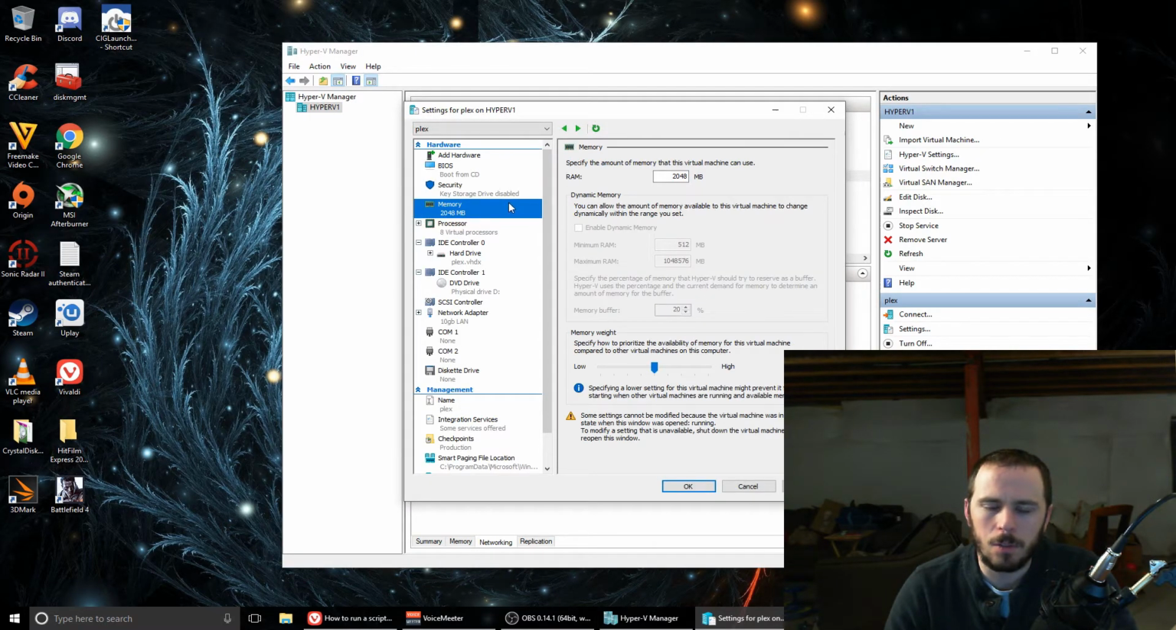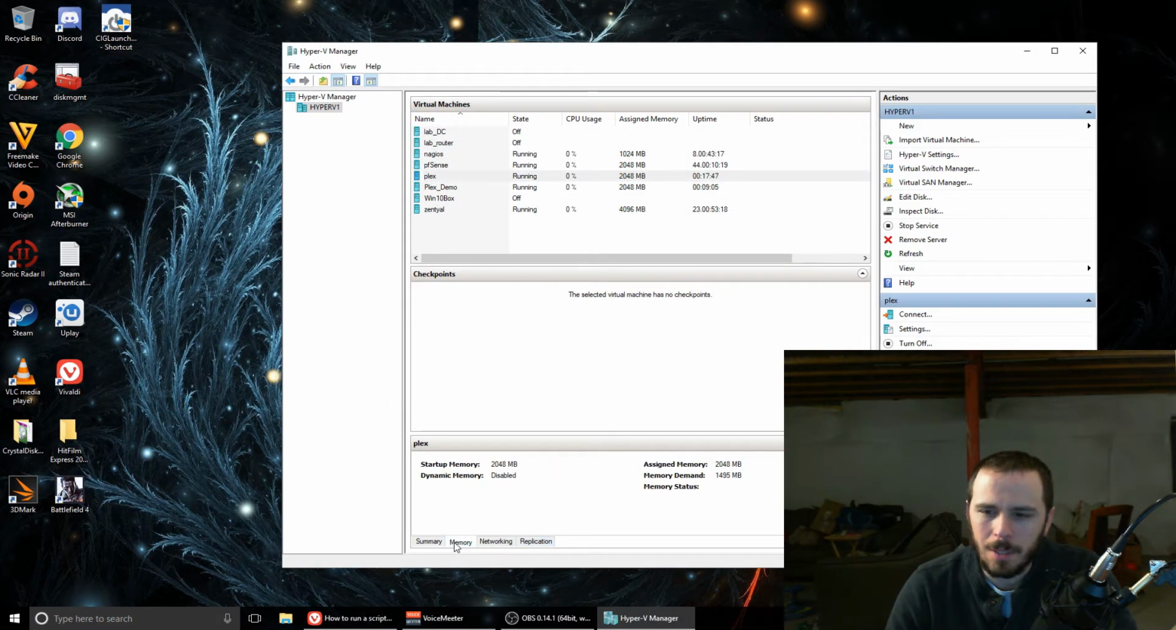Yeah, so 8 virtual cores and 2 gigs of memory. Plex is not really a memory hog from what I've seen. It only uses about 1.5 gigs. It doesn't really use that much memory, and I've looked at it during playback, and it's not that much. I've assigned it half of my machine's cores, and